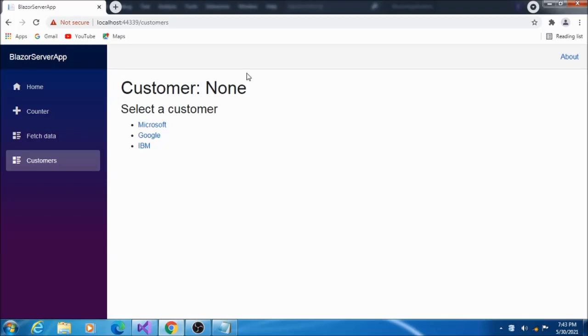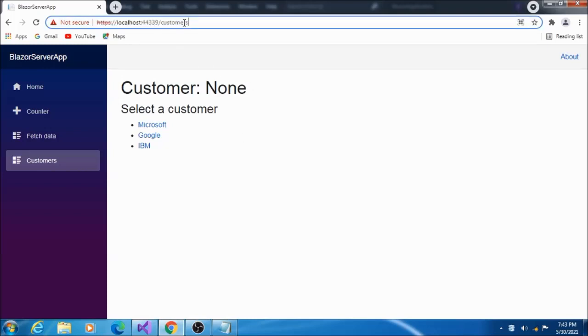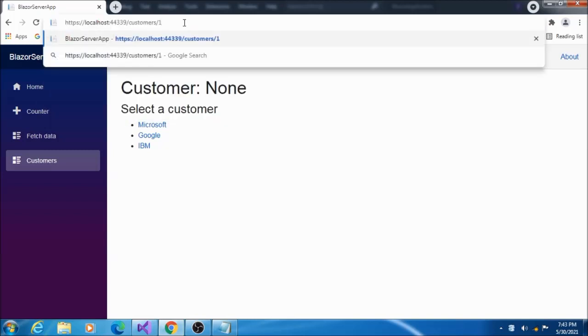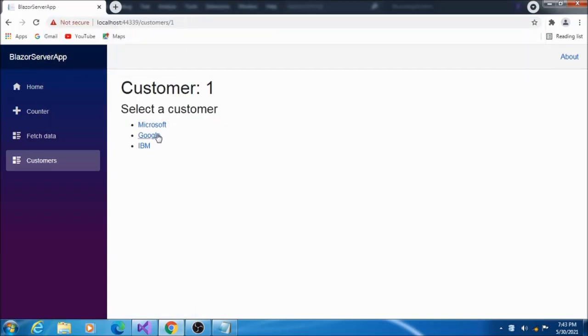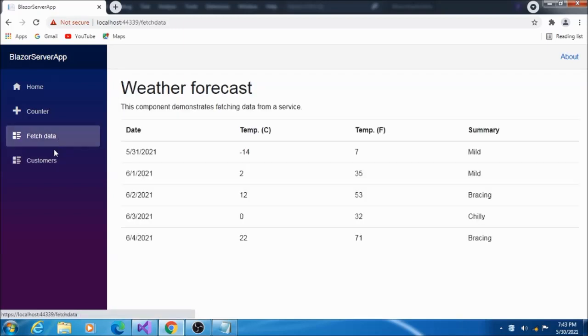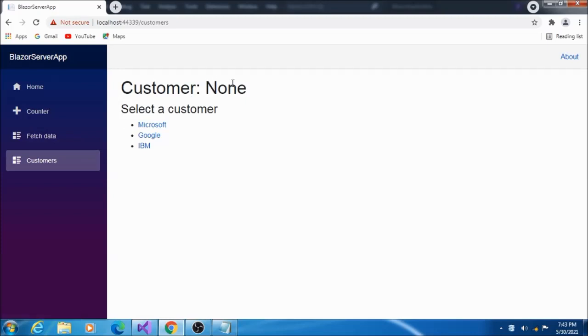So my logic executed. If I pass any customer ID value, then it will display that ID value here. But if we pass nothing, then it will display none. But instead of none, I want to display customer ID 2 as a default customer. How to do that? For that, we have a simple method.